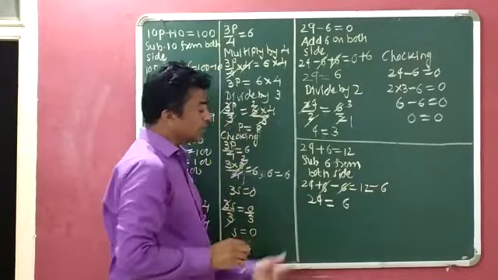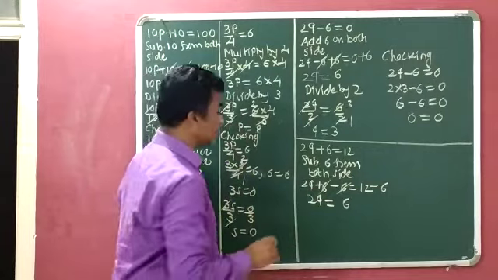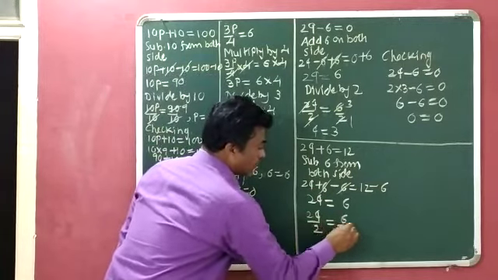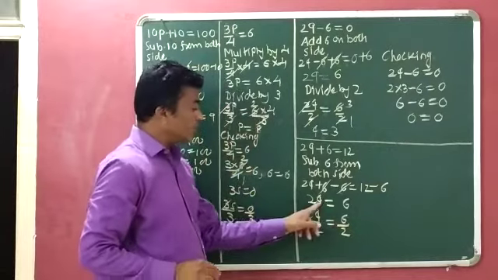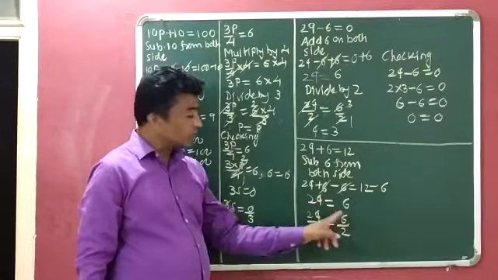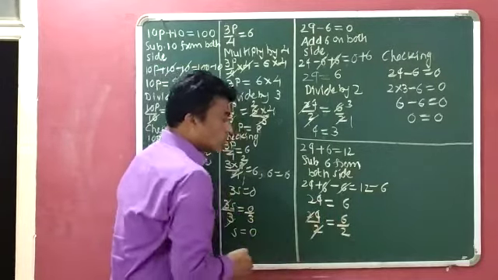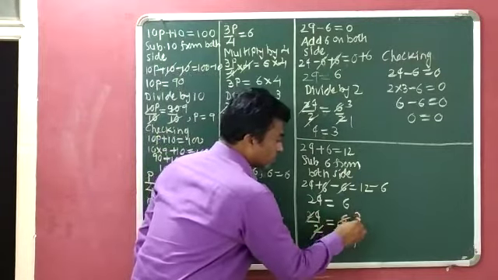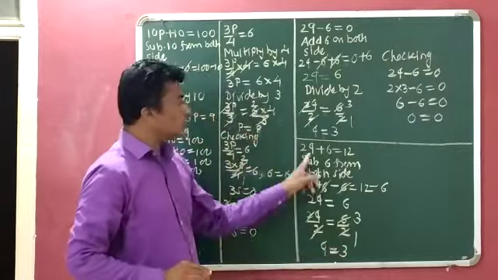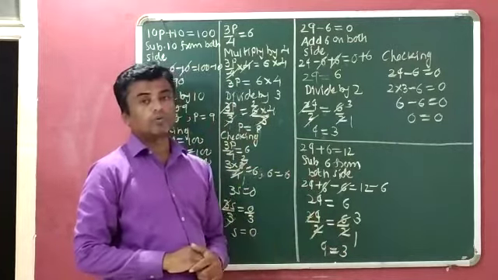Now 2 and q relation is what? Multiplication. So we can divide by 2. So see here, 2q divided by 2 is equal to 6 divided by 2. 2 and q relation is multiplication, so we can divide by 2 on both sides. This side also divide by 2. 2 2 cancel. 2 1s are 2, 2 3s are 6. So q is equal to 3 is the solution of the given equation. Now checking you can do yourself.